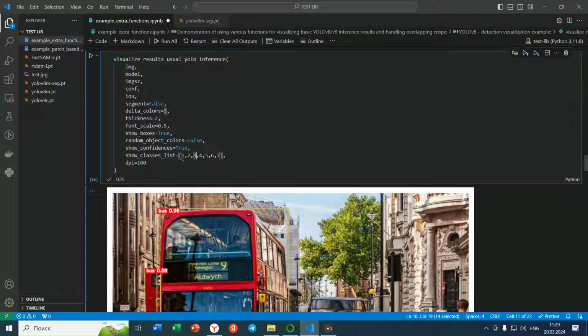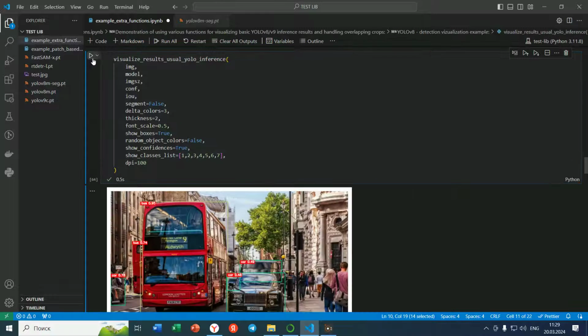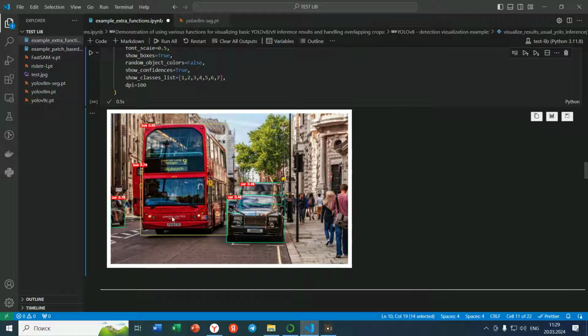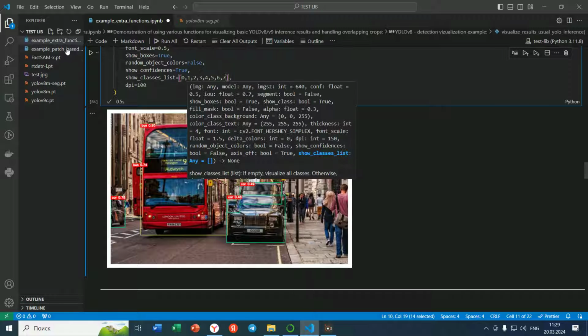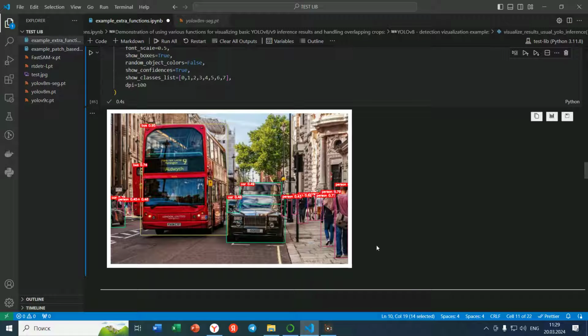Let's show. For example, I want just to find 1, 2, 3, 4, 5, 6, 7. This list starts from 0, where 0 is people. So look at this. Now we get everything except for people, just because people are not in this list. However, if I put 0 inside and press once again, we get people just because people are also the class